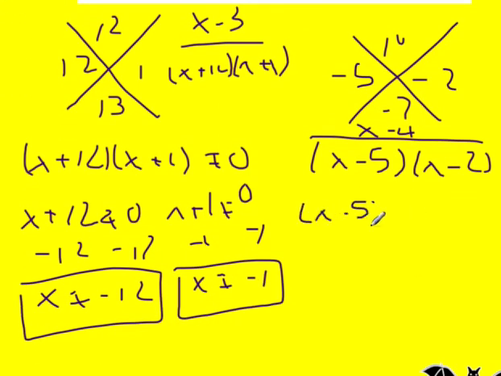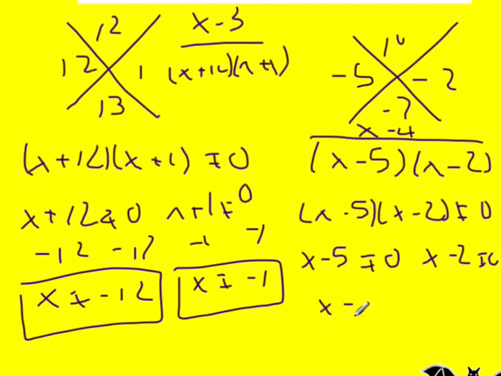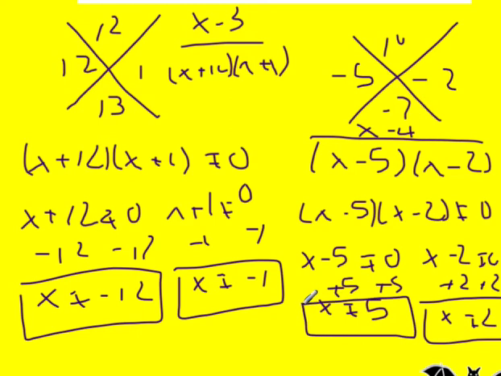So I'm going to take x minus 5 times x minus 2, and I'm going to say, okay, neither of those can be equal to 0. So x minus 5 cannot be equal to 0, and x minus 2 cannot be equal to 0. So x cannot be equal to 5 because here we add 5 to both sides. And here we add 2 to both sides, so x cannot be equal to 2. So those are my two excluded values, that x cannot be equal to 5 and x cannot be equal to 2. Okay? All right, so next let's take a look at,